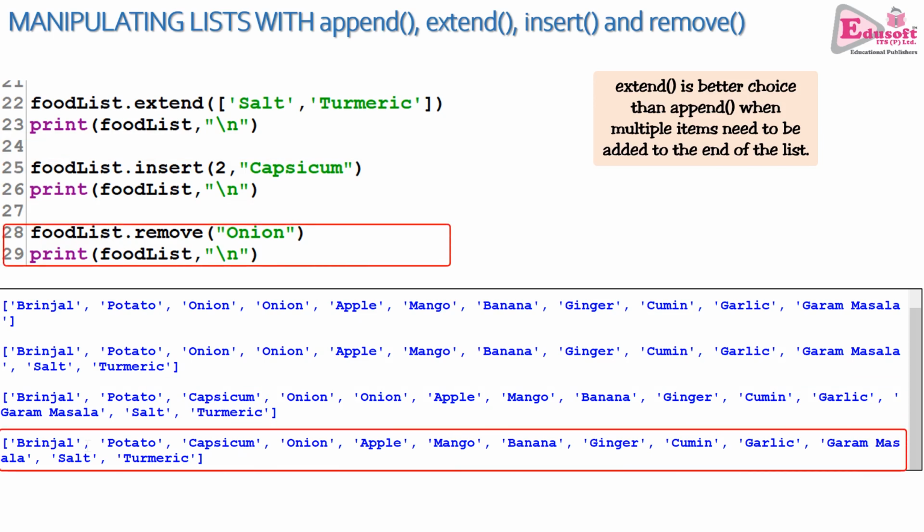So in line 28, the remove function takes a value, looks for the value in the list, and removes only the first occurrence found. It does not remove all the occurrences. So now, if you see the output, the item onion is there once now. The first occurrence was removed.